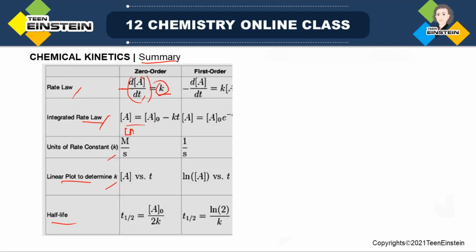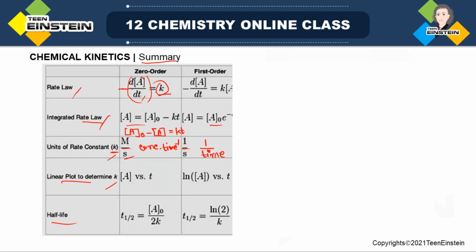You can also write it in this way, that is A naught minus A equal to kt. And for first order reaction, it will be A naught, then e to the power minus kt. Unit for rate constant, for zero order, it is molarity divided by s. That means it is actually concentration time inverse. Here it is mentioned second, but it is not necessary, it may be minute or hour also. And in case of first order, it is simply 1 by s, that means 1 by time,